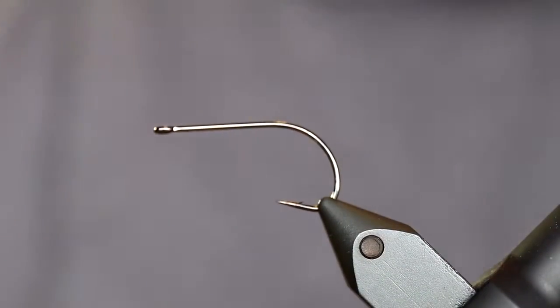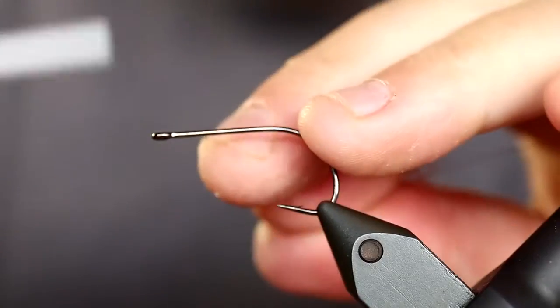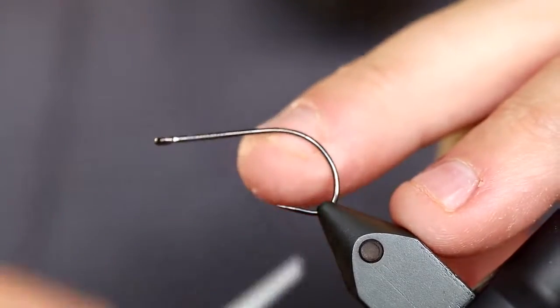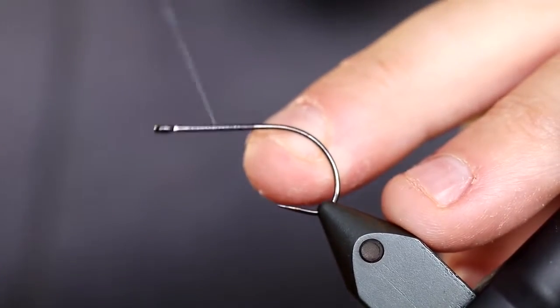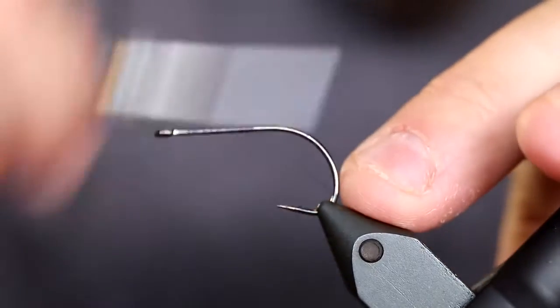Hello there. Today I'm gonna tie a small Stickleback. This is a fly I've been using a lot in Iceland, and some of my friends have used a lot in Iceland. But it's a nice sea trout fly as well, and it's a very good trout fly in general. Anywhere where there are small bait fish, approximately the size of Sticklebacks, and this really produced a lot of fish